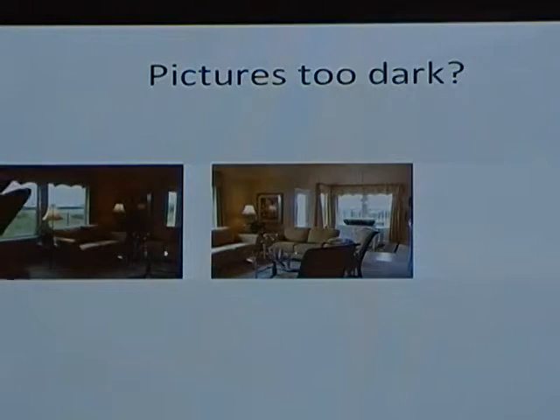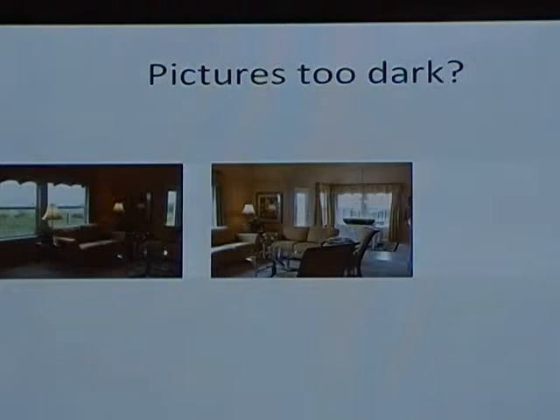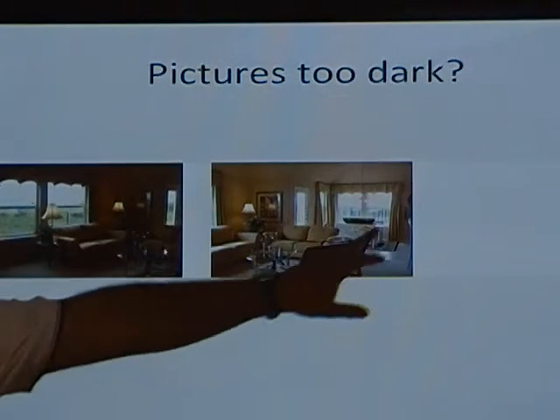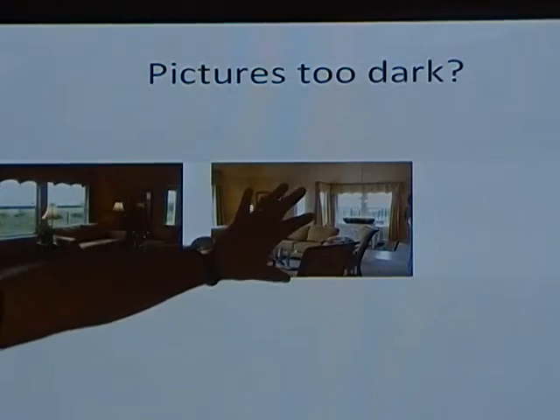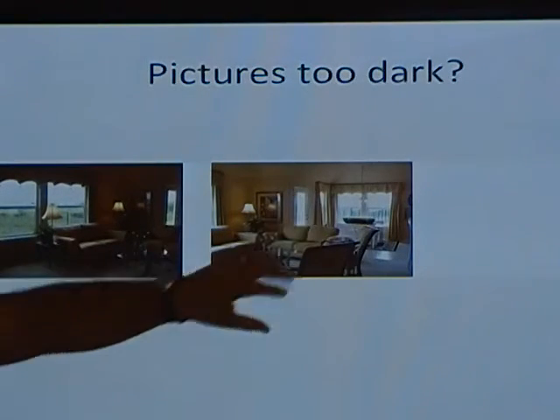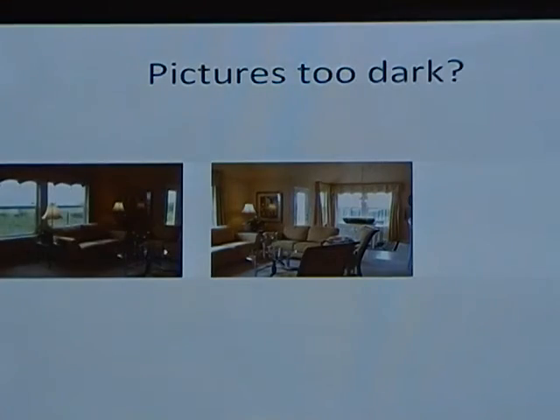All right, I'm sure at some point you guys have seen this happen with any digital camera. If you expose the camera to too much light through the window, the camera tends to shut down and it makes the picture look really dark. So assume that there's a third picture here that is just as bright as this one. It was there yesterday, I promise you that. I don't know what happened there. So what I'm going to do